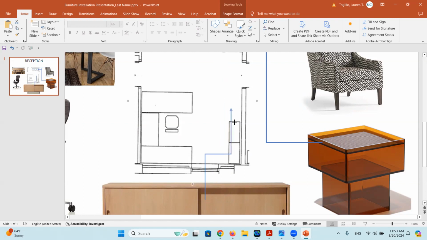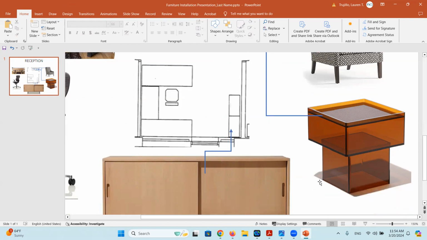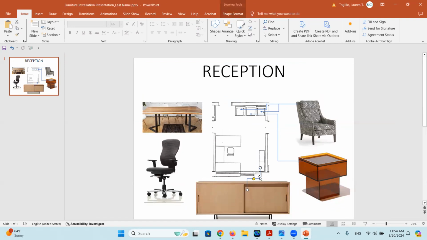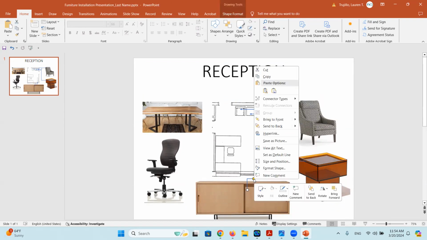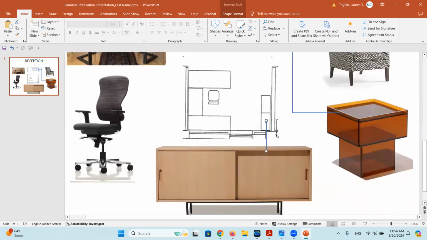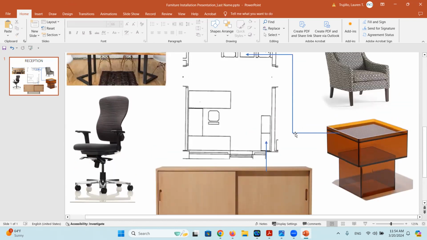And I can't always get these elbows to do exactly what I want them to do, but it gets the point across, and that's the most important. Like, for example, this one, we could maybe remove the elbow here. There we go. And I tend to not use angled arrows because in the design profession, we don't really use angled leaders or angled arrows. We tend to just put an elbow like what you see over here instead.